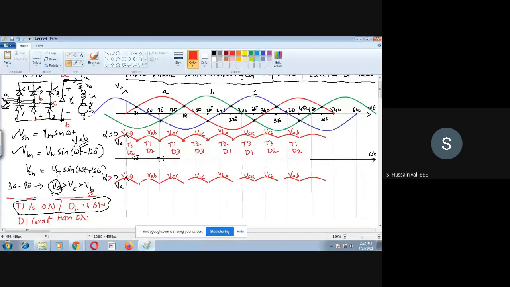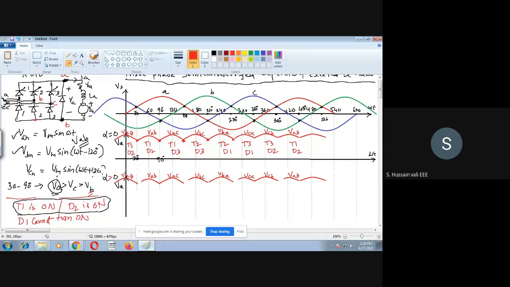If you don't trigger, then there will be a gap here. In this gap, what will happen? That is the question. As it is continuous conduction, you must understand whether continuous or discontinuous conduction will be there. What you will find here is that your VCB is there, as this inductor is there, inductor current is there. In this small duration which I have given here, alpha, one important thing you will find.